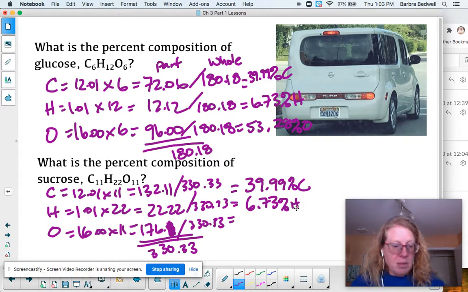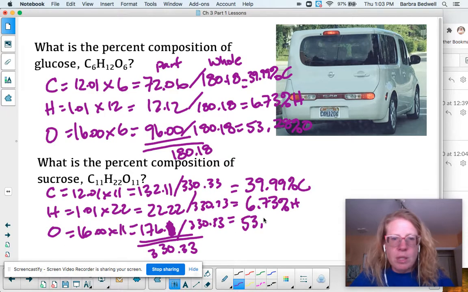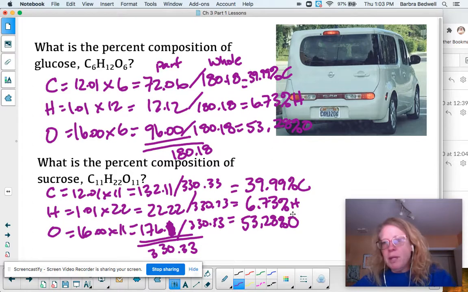And then my last one, 176 divided by 330.33 is 53.288% oxygen. So the reason why I do these two is so that you can see why